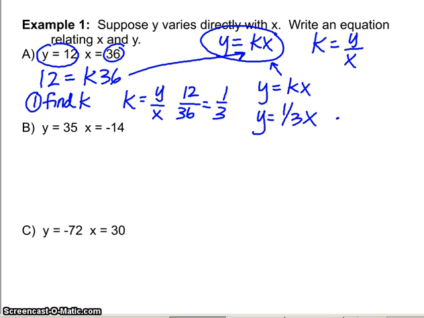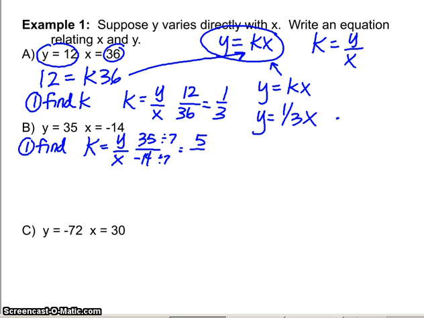So let's take a look at B. Again, number 1, find your k value. Remembering that k value is kind of that unit rate, so take your y value and divide it by your x. Here y is 35 and x is negative 14. Again, we have it written here as a fraction or a ratio, so let's keep it in that format. Let's simplify. Both of these are divisible by 7, so we'll simplify this and we'll come up with 5 over